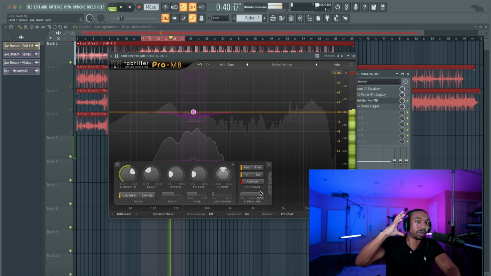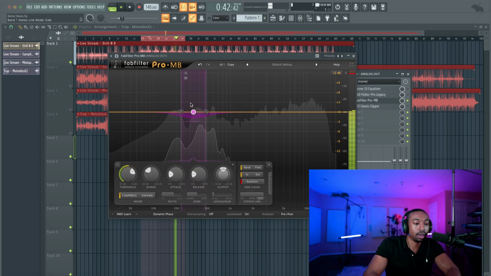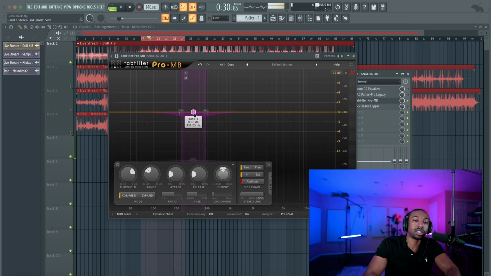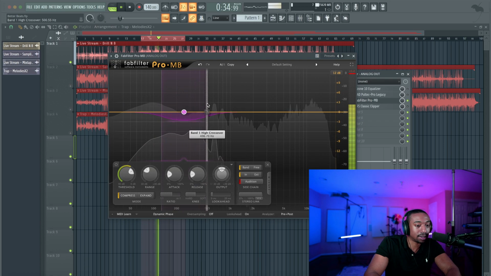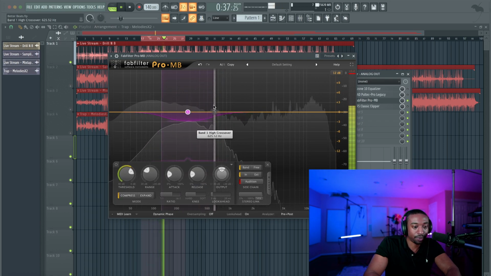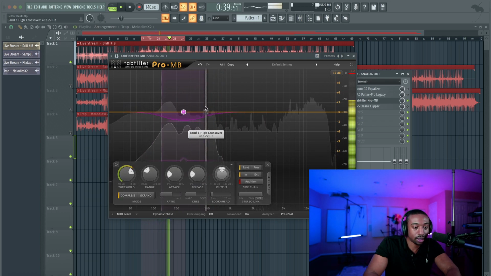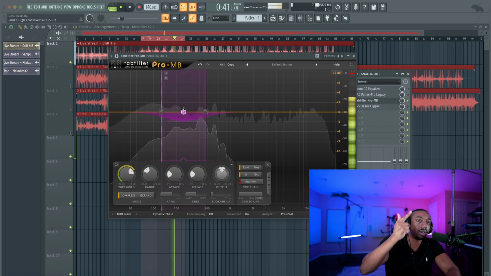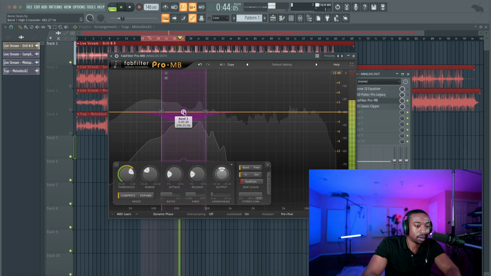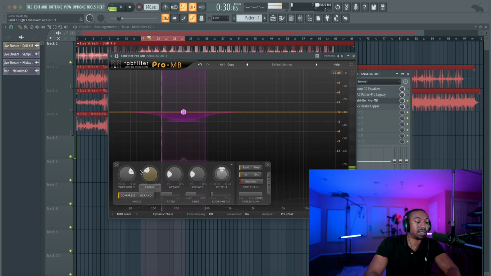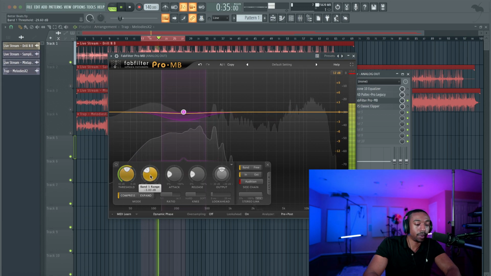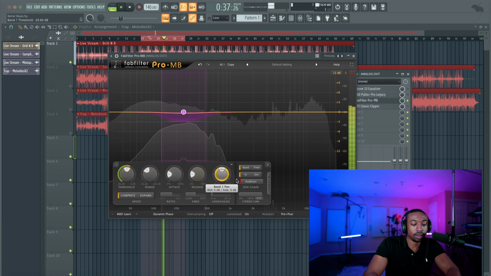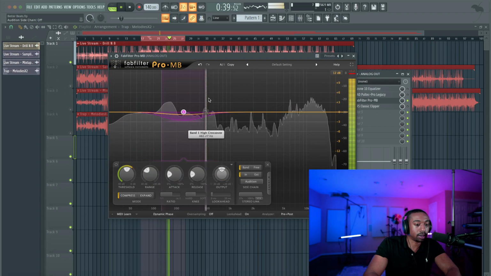So now I can hear all those frequencies that we don't necessarily need there. So now I'm going to sweep the sides and figure out which frequencies we can pull out that we don't necessarily need on the side. Like, do we really need 180 on the side? This is where a lot of overlap is. You hear the vocal, the piano, you hear the bass. That's where a lot of clutter happens. So now we can pull down this threshold a little bit. And the range is still -3. Okay, let's unaudition this so we can hear the whole track.